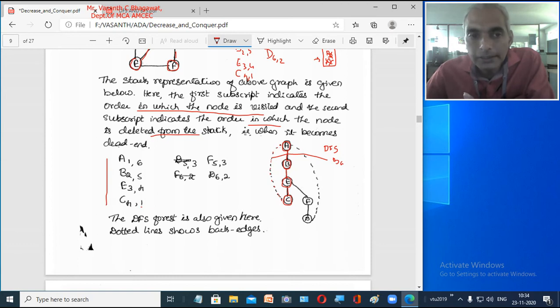After C, which is the next node which you are going to push into the stack? That is F. So from C you go to F. So you write another node here. After F you go to node D. You visit a node D. So next is the node D. So you write this node and try to draw the tree here.